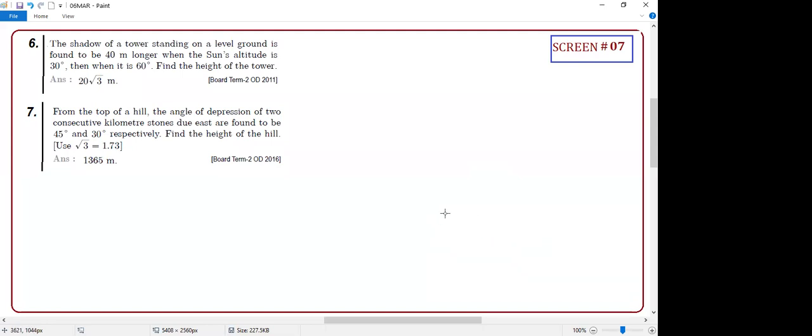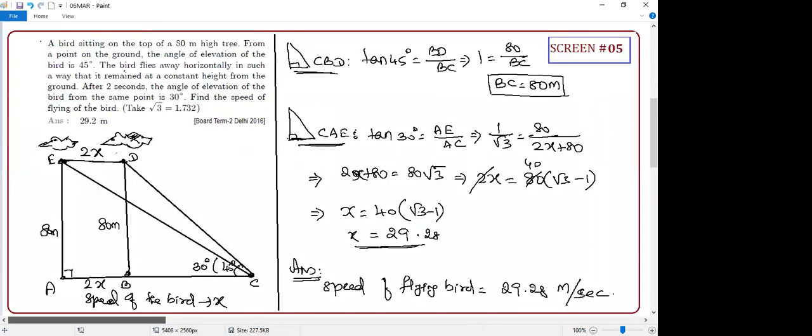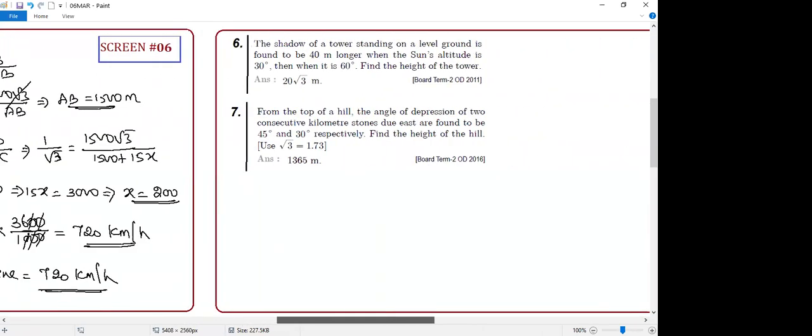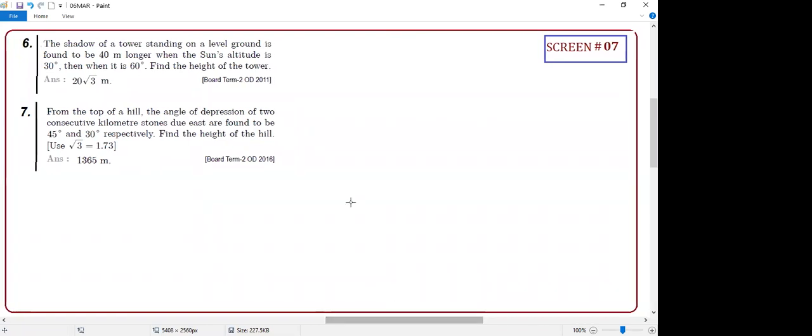From the top, no speed related sums. That's why I'm asking you guys to do that. 7th question, guys. Read the question. Like lake questions, that inside and all, like that questions you do, sir. Lake question, sir. You did right, sir. That cloud ones. Yeah. Like that questions you do, sir. Yeah. That I will do. Yes. No, I'm asking. Okay.